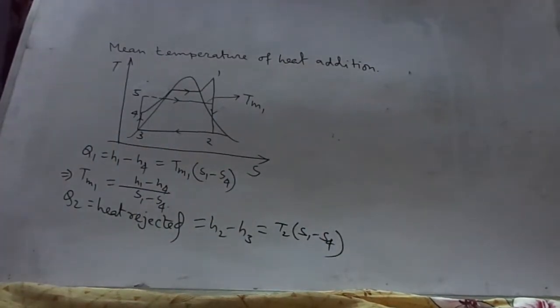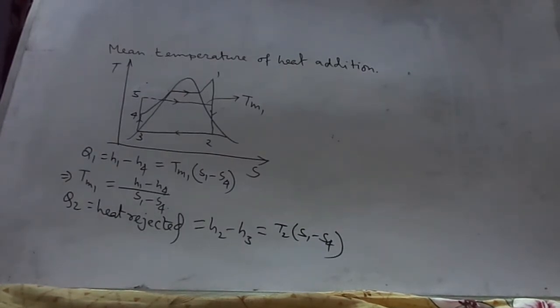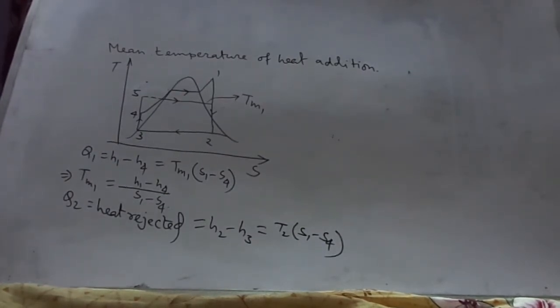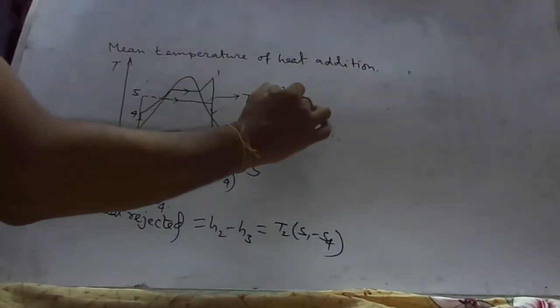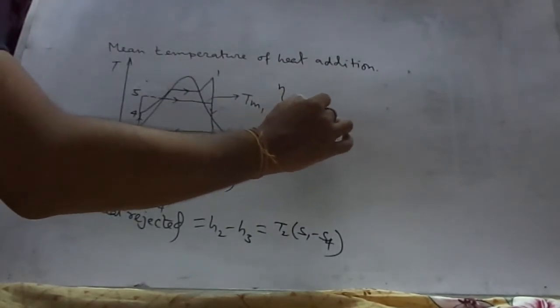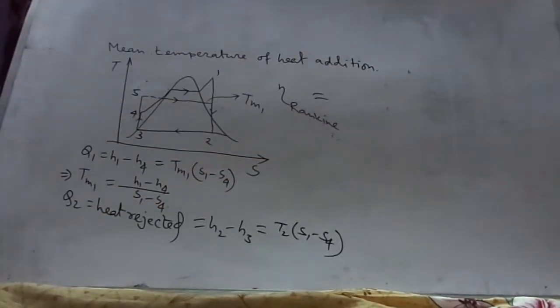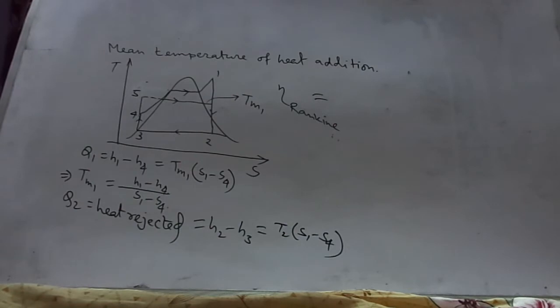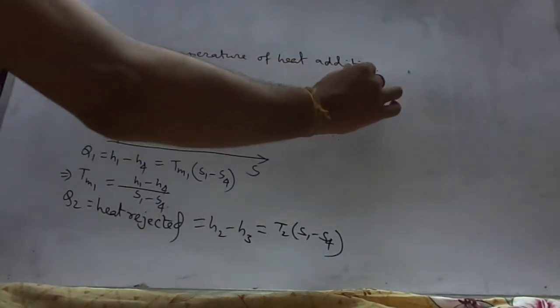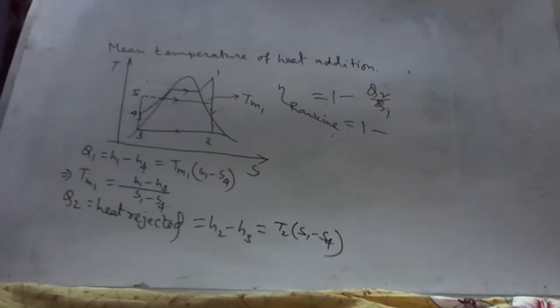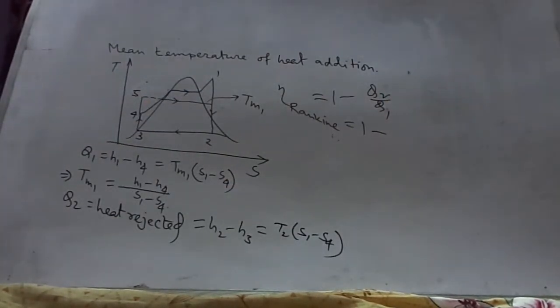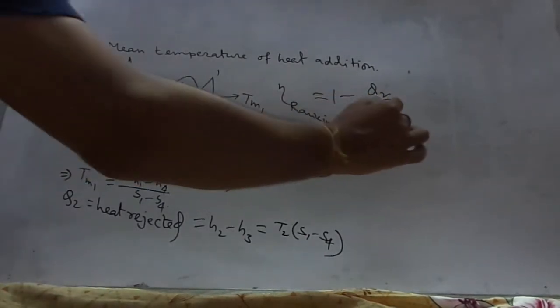So efficiency of the Rankine cycle, eta Rankine, is equal to 1 minus Q2 by Q1, equal to 1 minus T2 (S1 minus S4)